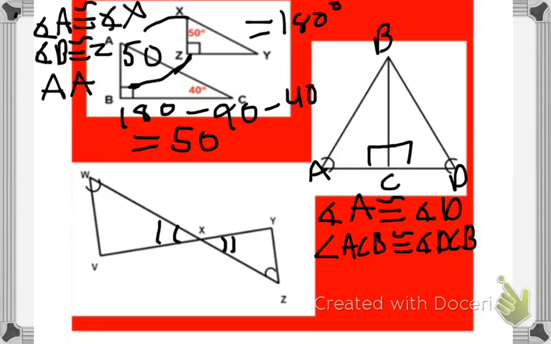Notice how I use all three letters because they share the vertex there. Alright, now we're looking at this triangle. Oh, also, this shows that triangle ACB is similar to triangle DCB